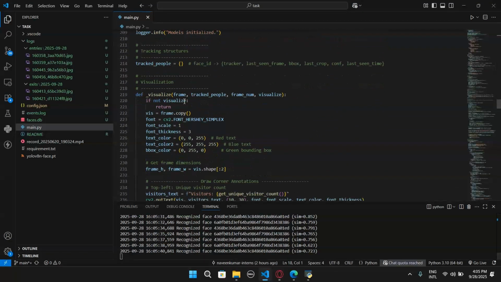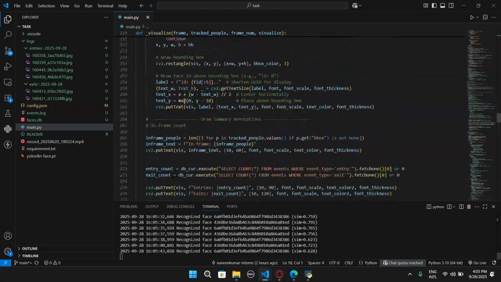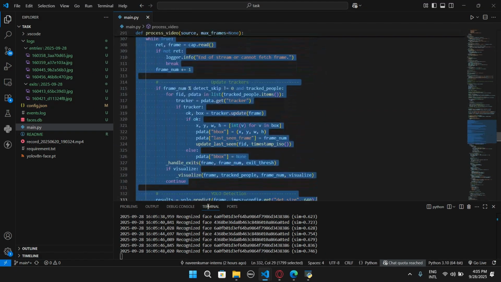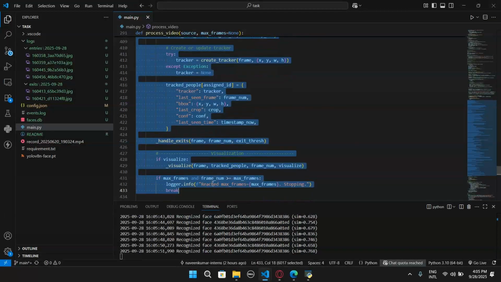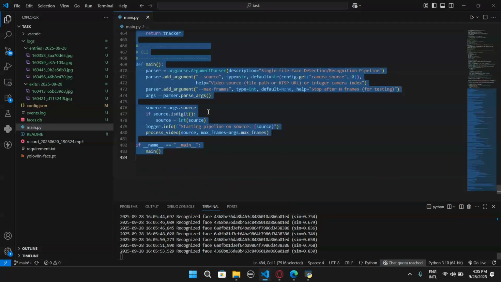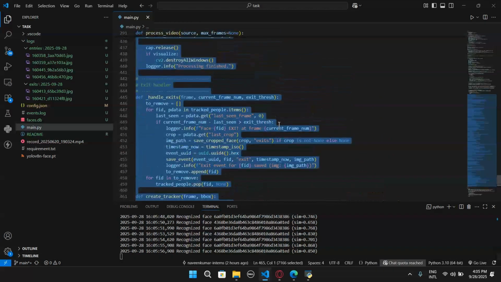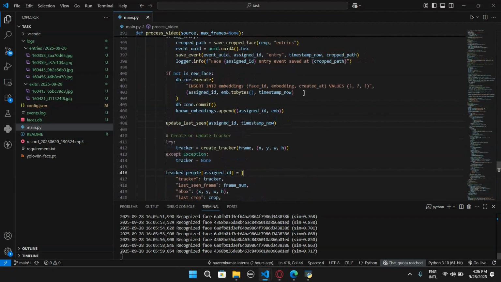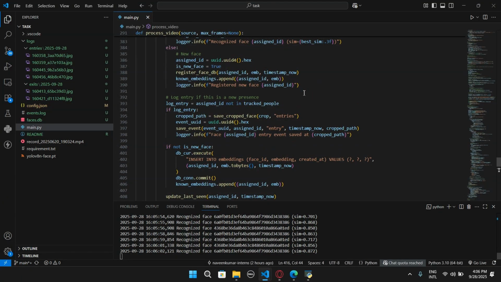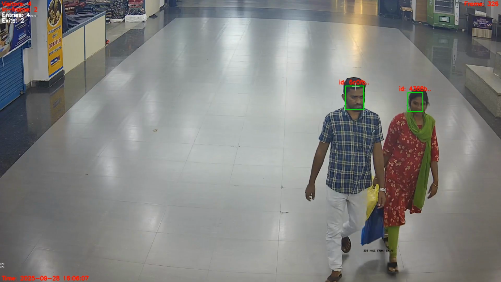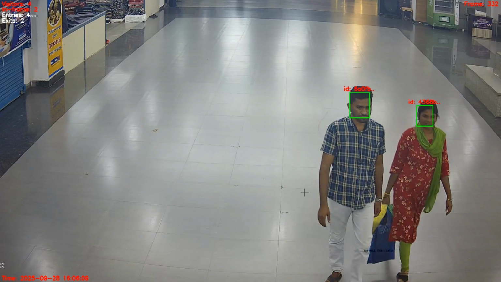To wrap up, this project is a robust solution for real-time face detection, recognition, and tracking. As I said before, it's ideal for applications like attendance systems, security, or visitor analytics. In the future, I plan to add support for multiple cameras, integrate with cloud storage for scalability, and implement a web dashboard for real-time monitoring. If you're interested in trying it out, check out the GitHub repository for the code and